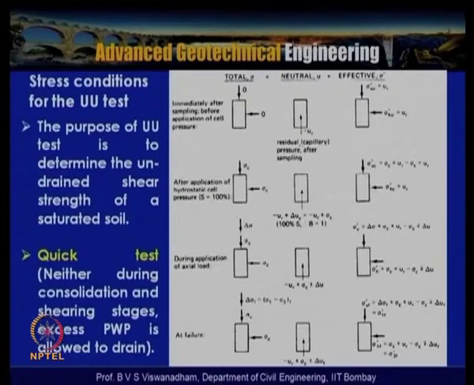Now, as we said, we have another class of the triaxial test, which is a quick test, actually called the unconsolidated undrained triaxial test. The purpose of the unconsolidated undrained triaxial test is to determine the undrained shear strength of a saturated soil. Predominantly if it is saturated, then we actually have the undrained cohesion, or undrained shear strength, of a soil. So this is a quick test, so neither during consolidation nor shearing stage is excess pore water pressure allowed to drain, but there is a possibility that the pore water pressure develops but is not allowed to